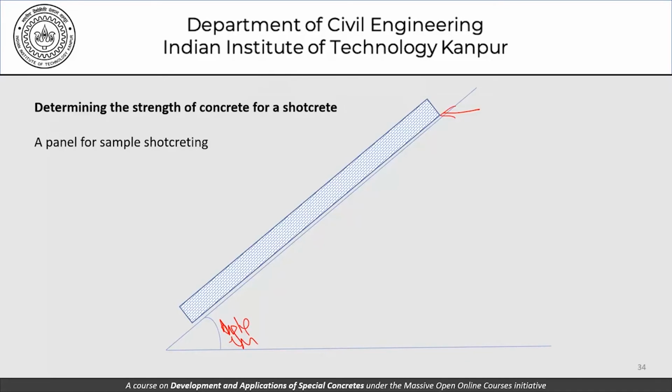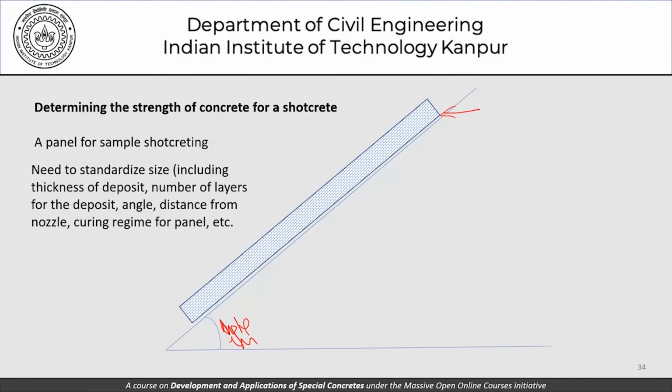It will not be carried out using cubes. It will be carried out through a panel like this, from which cores will be taken, as we will see shortly. But then we need to standardize the size, including the thickness of the deposit, the number of layers for the deposit, angle and distance from the deposit, curing regime for the panel, and so on. So there are all these parameters which need to be